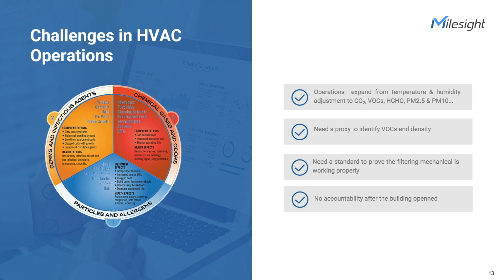And from the virus spreading perspective, mechanical air filtering is also mandatory in HVAC operations. We all know that MERV 13 is the minimum size that allows aerosol to be captured, an aerosol that might have a virus connected to it. So how can you know that your MERV 13 filters are well filtering the air? If there's a tracking device that can help you by monitoring PM2.5, would it be easier for you? So I think a tracking device can definitely help you assure that the mechanical changes you are facilitating